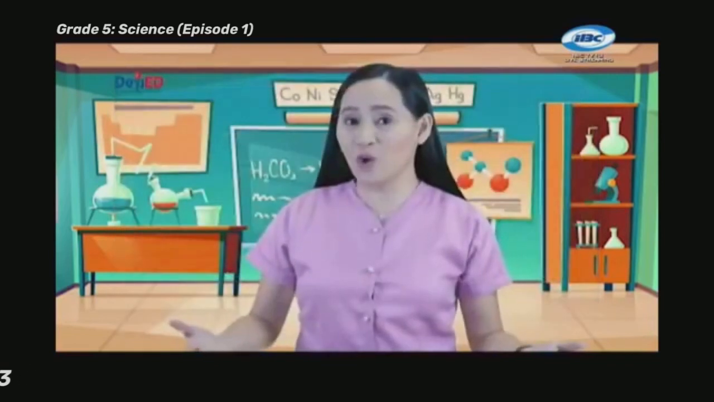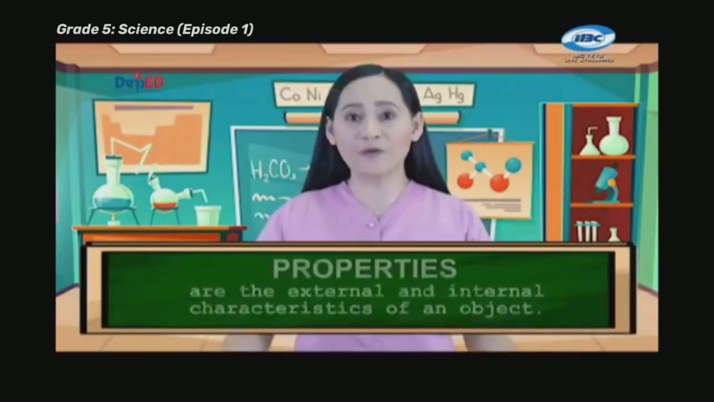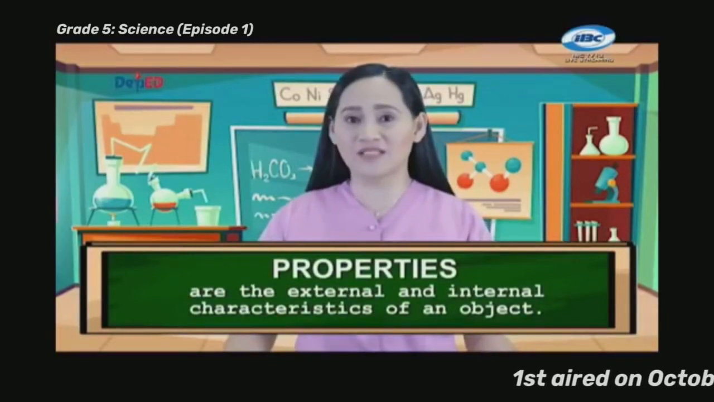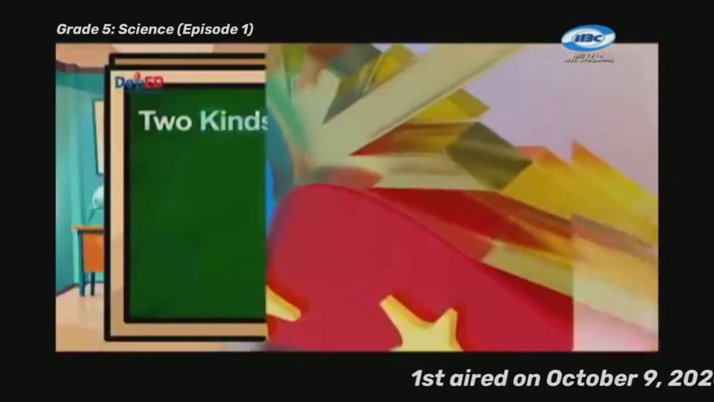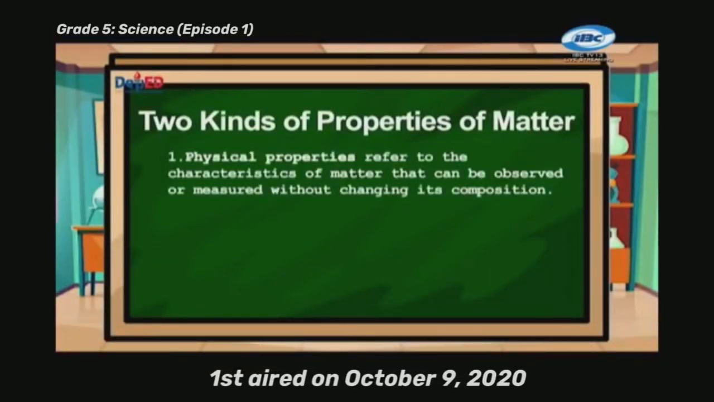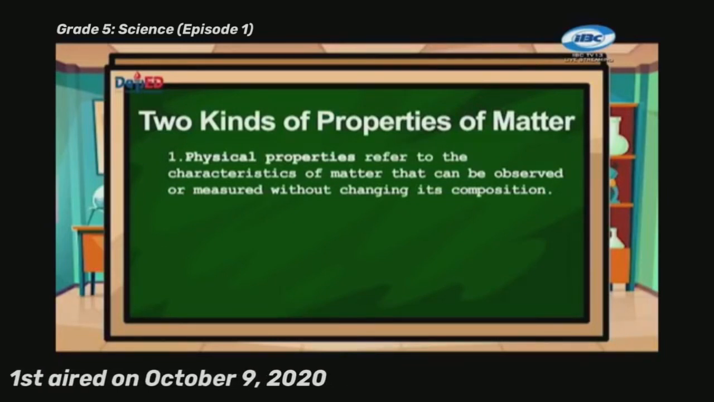I know you have your own answers in mind. Before we check, let us know first what properties mean and its two kinds. Properties are the external and internal characteristics of an object. There are two kinds of properties of matter. First, we have the physical properties that refer to the characteristics of matter that can be observed or measured without